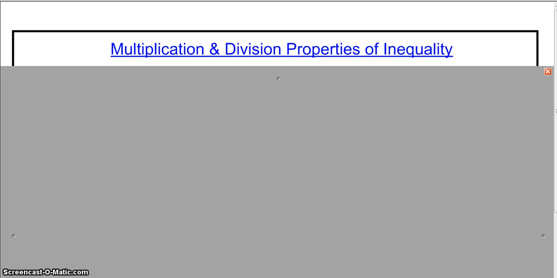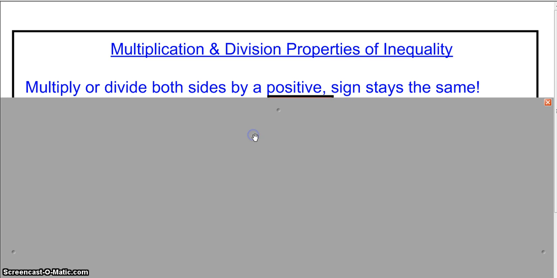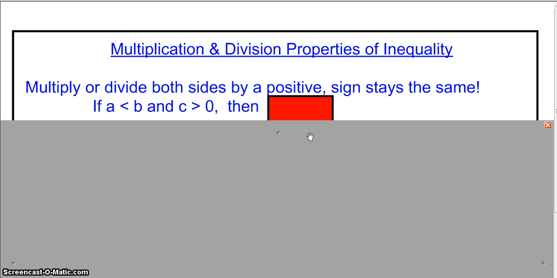Okay, so we're going to write this discovery as a rule: multiplication and division properties of inequality. Let's start with what happens when we multiply both sides or divide both sides by a positive. We know that when we multiply or divide both sides by a positive, the sign stays the same. So as a rule, we'll use our variables to say, if A is less than B, and a factor C is greater than 0,